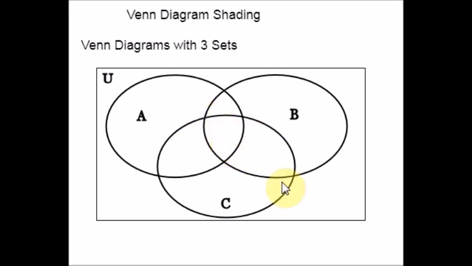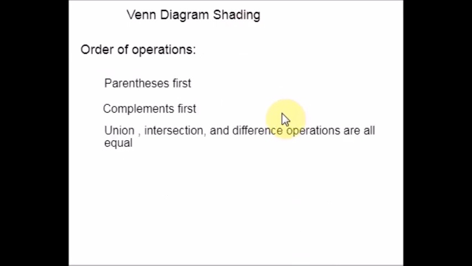Okay. Before moving into complex operations, first we should know the order of operations on sets. Like BODMAS or PEDMAS in algebra, we have some order of operations in Venn diagram shading too. Let us discuss that first. Sometimes we want to combine more than 2 sets and more than one operation to create a more compound expression. But in order to do this, we have to establish some set of rules so that we know in what order to do each operation.